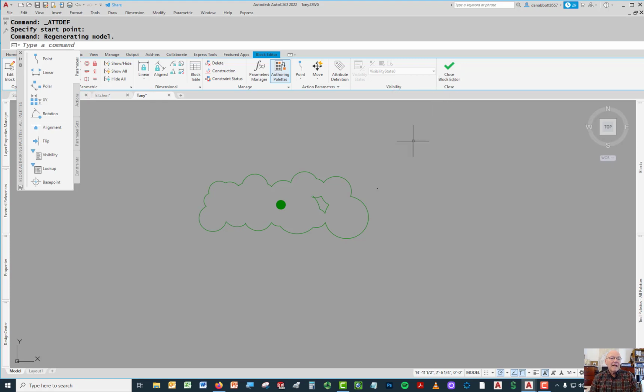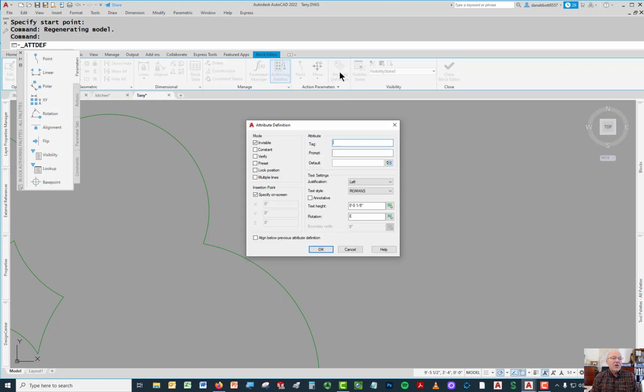So I will add one more attribute here. And the other attribute that I'm going to add is going to be cost. So I'll say cost question mark, and I told you to make the default $100. Not a good idea to put a $ sign in here, because if you pull this data out, you're going to want to be able to deal with it mathematically. So you can just do it with a decimal point like that, and we can just have it pop in